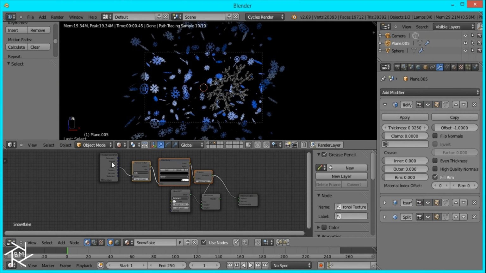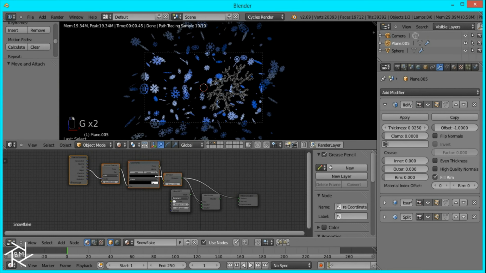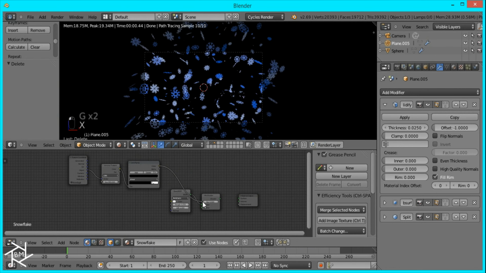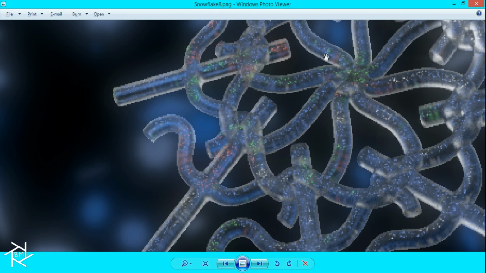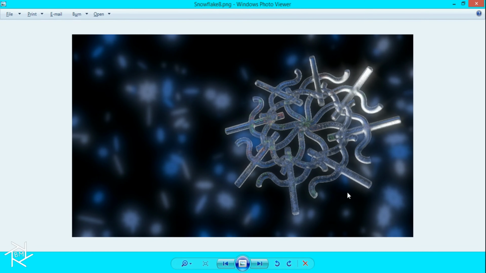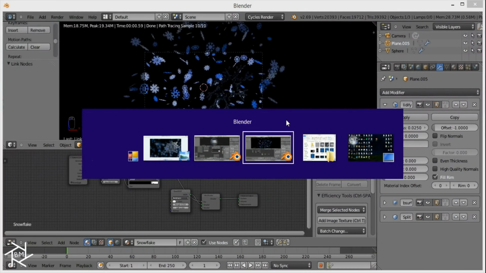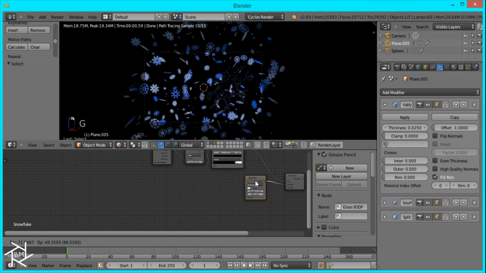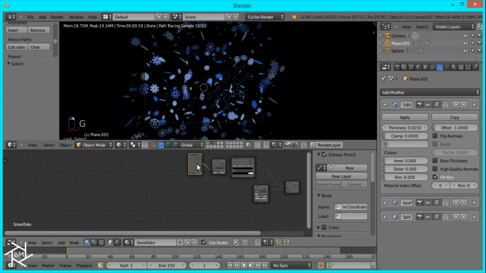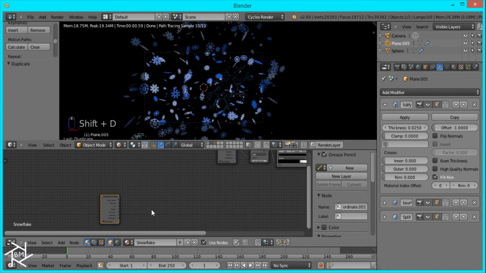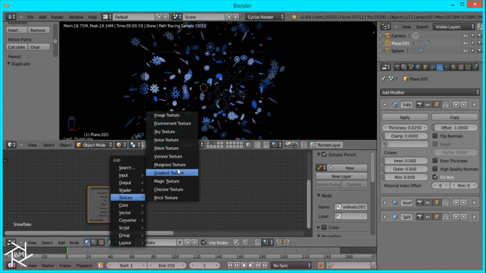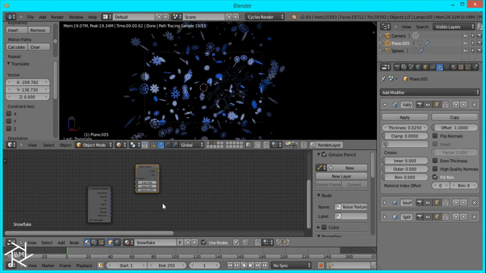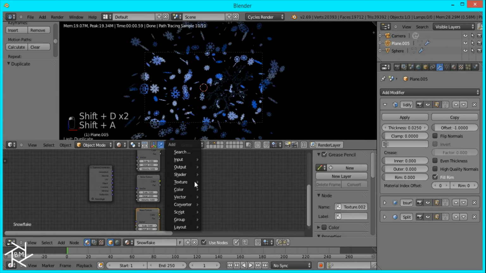So now this is where the complex part begins. We're going to have to create the different colored specks that we see here. The green, blue, red, and white specks, but we have to create them in different areas. So what we're going to do is create different textures. So I'm going to duplicate the texture coordinate over here, and I am going to add a noise texture and duplicate it 2 more times, and add a color ramp